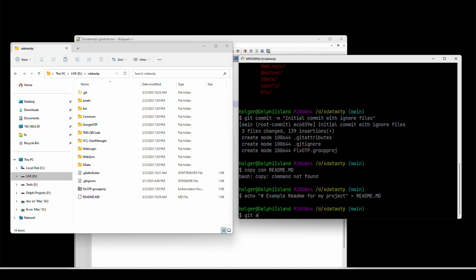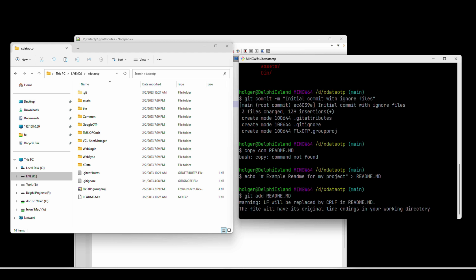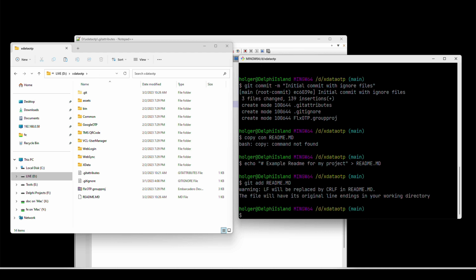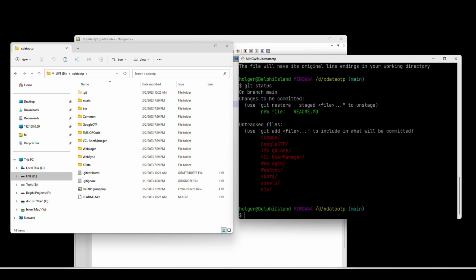How do we add it? Git add readme. And then what do we need to do in order to add this as a commit? We can say git commit. We can also, of course, do git status first to see what is going on. We see that we added one new file, readme.md.